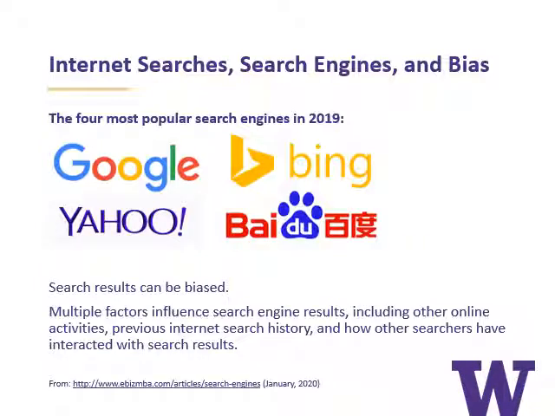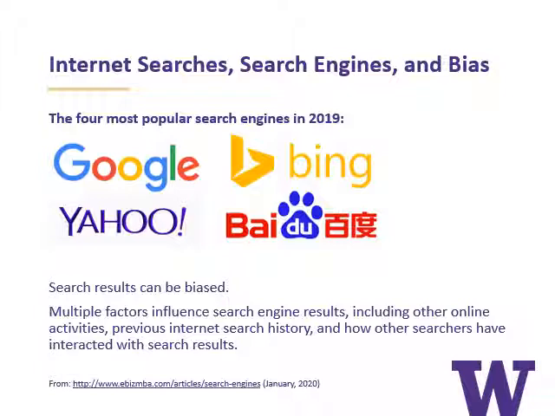Search engines like Google are how many of us begin searching for information online. The four most popular search engines in 2019 were Google, Bing, Yahoo, and Baidu. Baidu is a Chinese language search engine, so there are options for searching beyond the English language focus of many